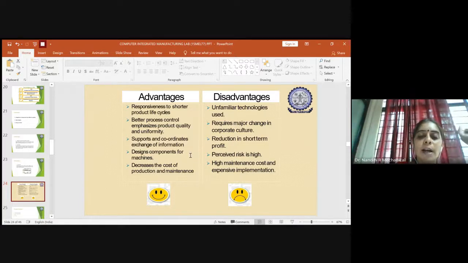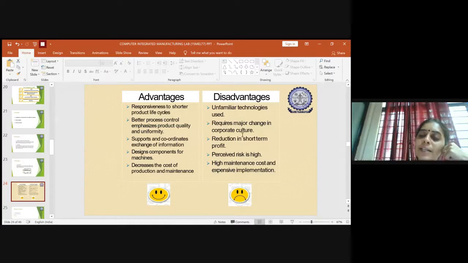These are all advantages. Also, it decreases the cost of production and maintenance, because human intervention is less. Apart from that, the cost gets reduced because you manufacture only at the end. Everything goes on the computer, and hence these are the advantages.